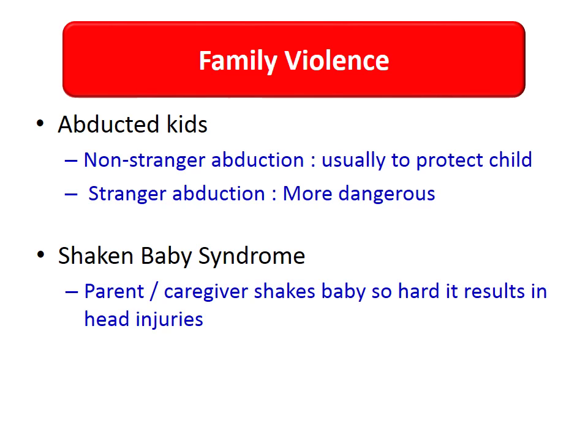When we look at children who are abducted, there are two main categories of abducted children. Firstly, non-stranger abduction, which refers to situations when the child is abducted by a parent or family member. This usually happens when a family member wants to remove the child from an abusive situation where they feel they have no legal right, or they feel that the legal recourse would take too long to actually remove the child, and they feel the need to remove the child immediately for the child's own protection.